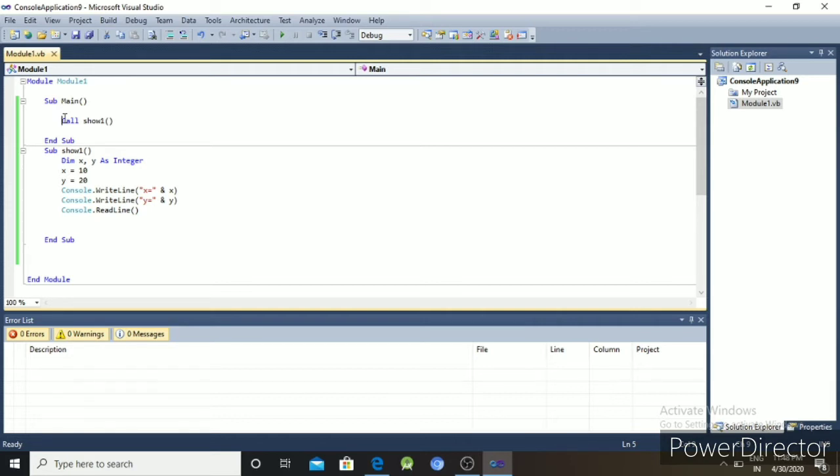So we saw sub-procedures without arguments, and sub-procedures with ByVal arguments are another method used to write. This is the first program, a sub-procedure without arguments.